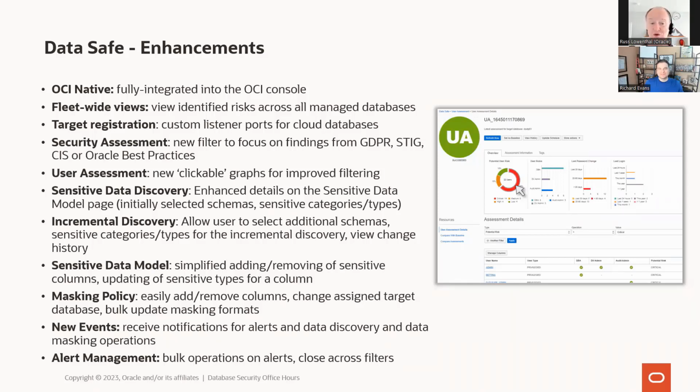We are on 2 to 3 week sprints for DataSafe. So every couple of weeks, there is something new rolling out. This is just a partial list. We couldn't give you everything. But the big thing that happened last year was we took the time to get rid of really a huge